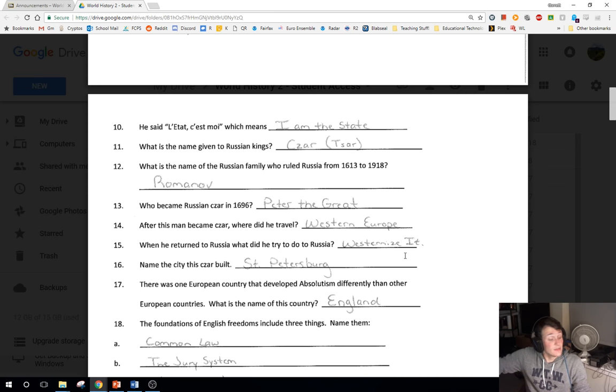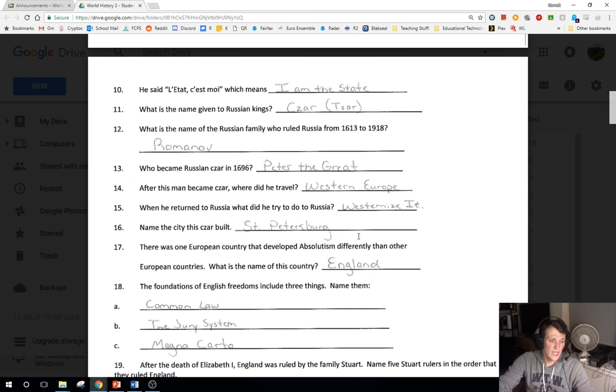So that's it for Russia, right? There's really not much there. I went through that pretty quickly. That's really all you need to know for the SOL and for what we're talking about here for this test, okay? So moving down the line here,